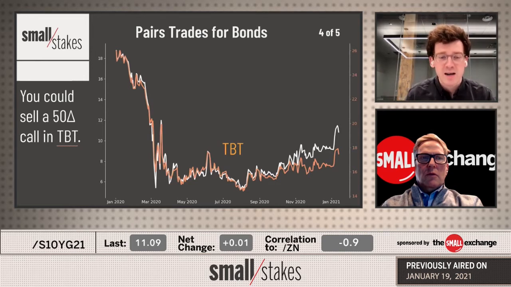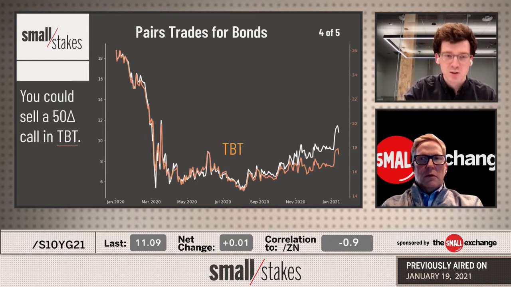And so you might say, oh, well, if they're almost the same price and they move almost exactly the same here, why wouldn't I just sell 100 shares of TBT for one contract of S10Y? We're not looking for a 100% hedge for convergence or divergence between the two assets. We're just looking for a 50 delta, which is about a 50% hedge. Right. That just means that I'm still long 50% of that S10Y contract, but the call here in TBT, maybe it got me 40, 50, or 60 cents. That gets me 40, 50, or 60 cents lower on my long S10Y price there.